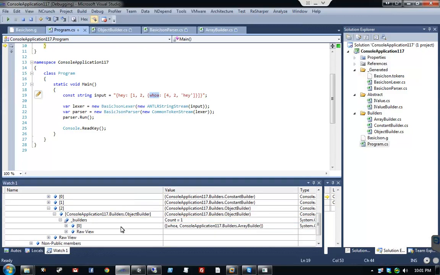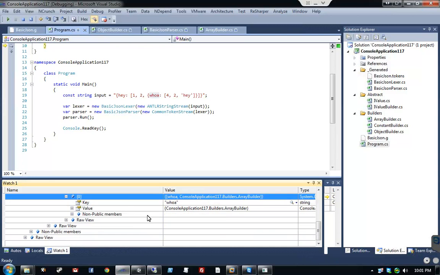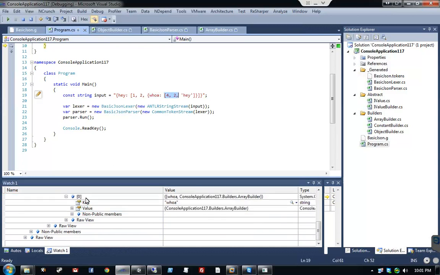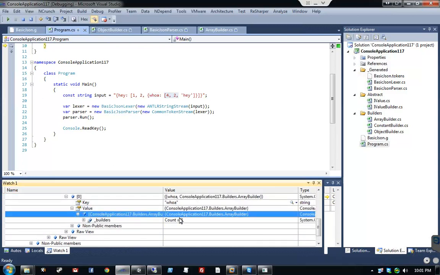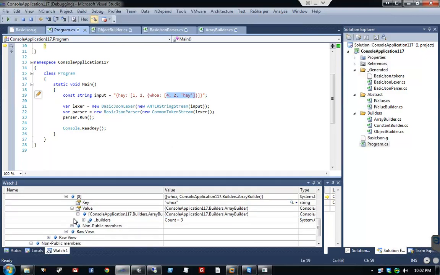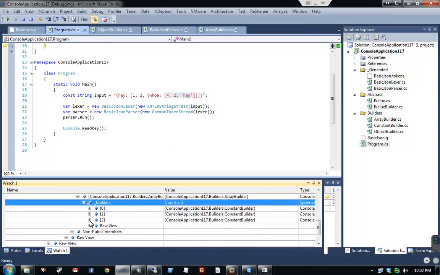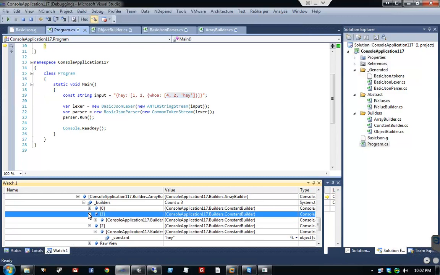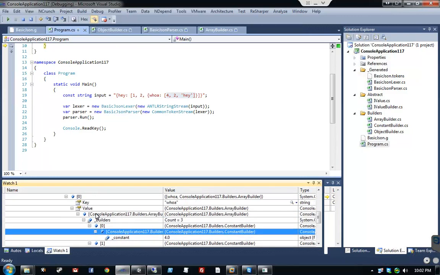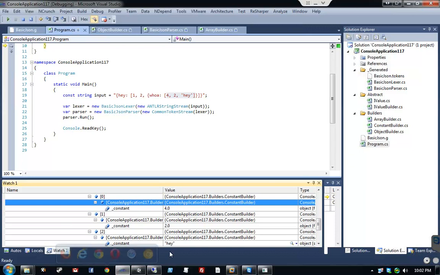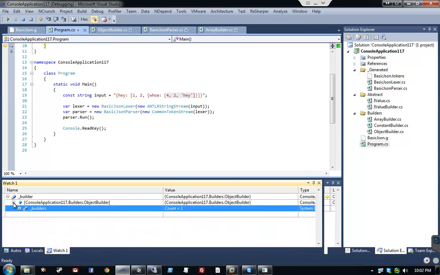So that should be whoa. And you see right there it is. And then under the value should be another array, and you see that it is array builder. And our array should have three items, 4, 2, and hey. And it does. It has three constants, which is hey, 2, and 4. Very nice. So you see we now have this nice hierarchy of these object builders, but we want to actually